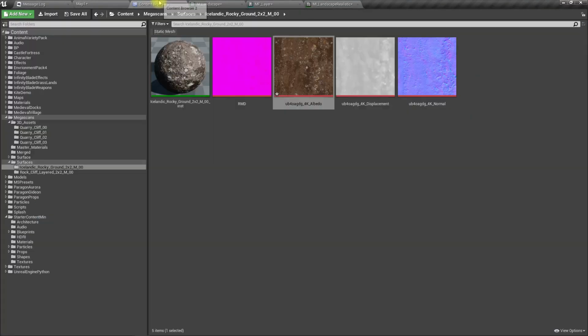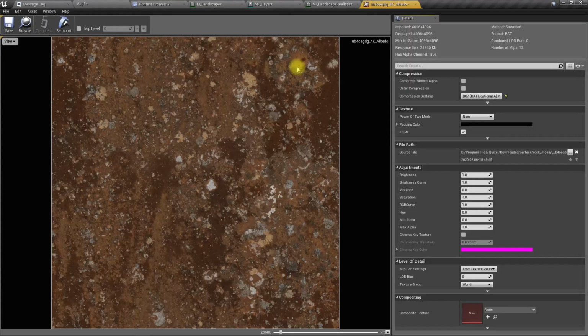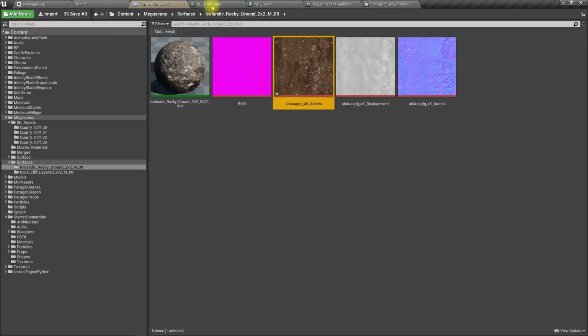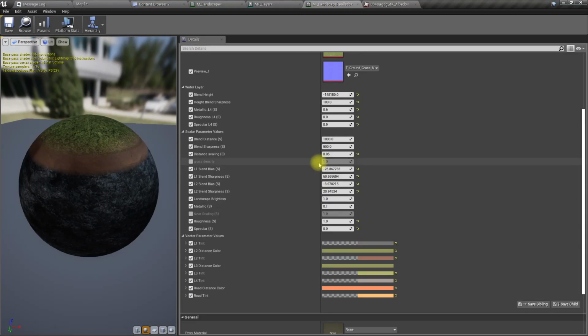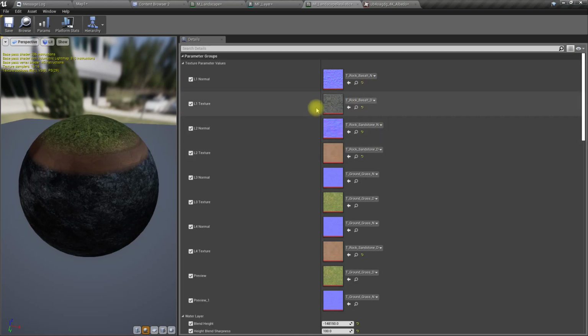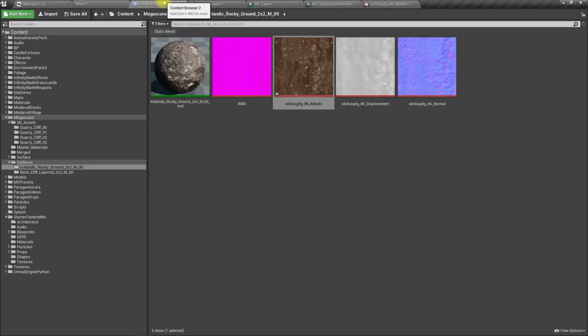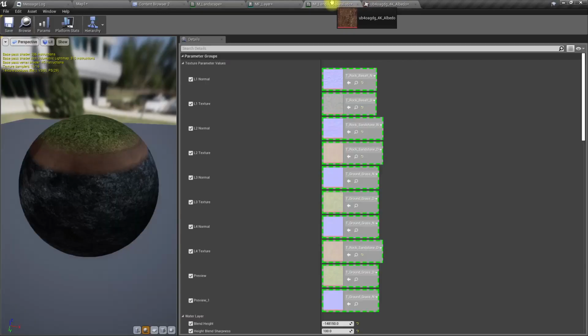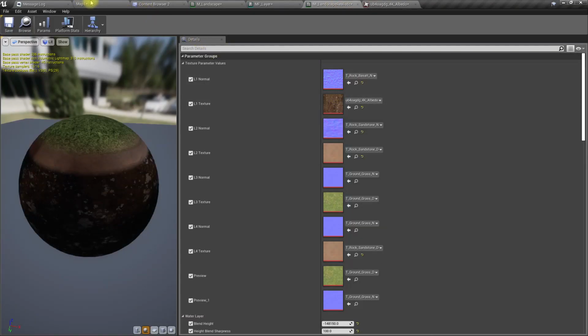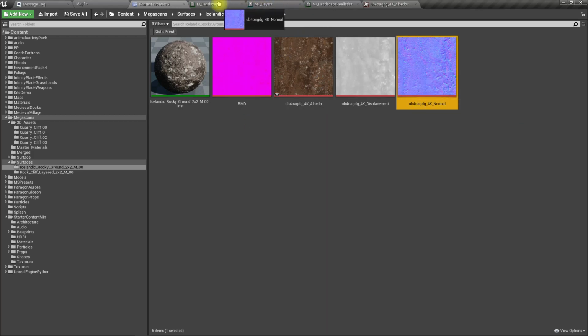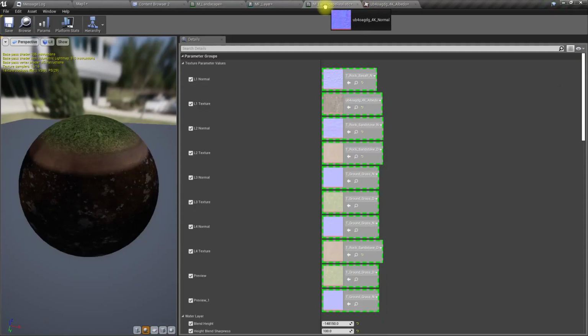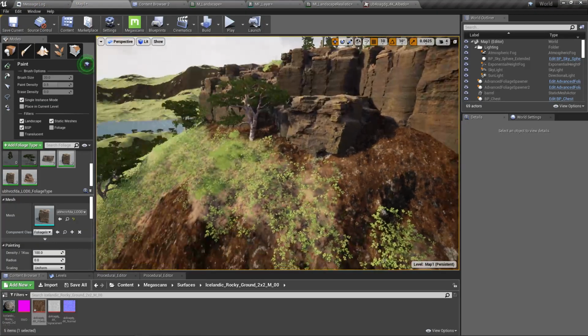So for that I have imported this Icelandic rocky ground material, also from Megascans. So I'm going to use this texture for the landscape material's layer 1. Currently I am using this T-Rock basalt from the starter content. So let's try this one and see what happens. Okay, let's change the normal map as well. Right, now it looks like this,